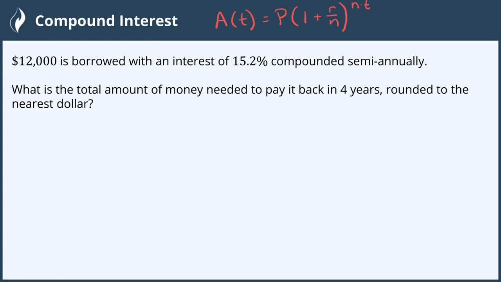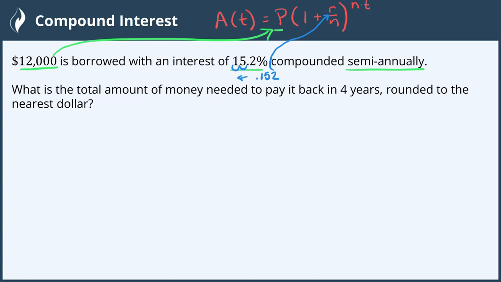Now we can go ahead and take this formula and plug in what we do know. We were given $12,000 as the starting point. This is the principal. Borrowed with an interest of 15.2%, compounded semi-annually. 15.2% should be changed to a decimal so that we can calculate with it. To do that, we move the decimal place to the left 2 place values, 1, 2, making this 0.152. And this is what we'll put in for the rate, r,